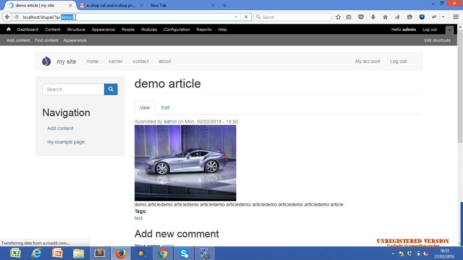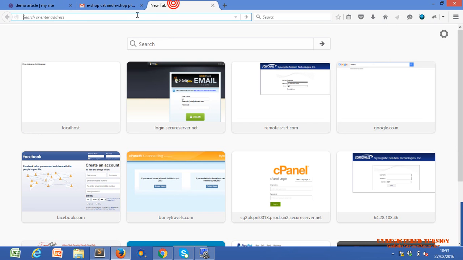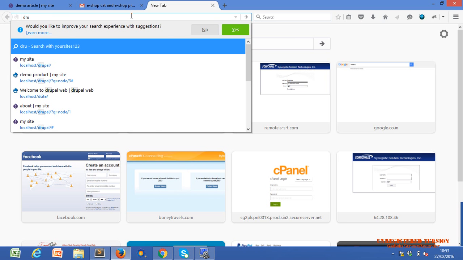Somehow it is acceptable, but we still have this question mark q equals, and we cannot remove these three symbols from the basic settings of Drupal, so we have to add some modules. Let's search for these modules. From where can we search the modules? From our Drupal site, drupal.org.